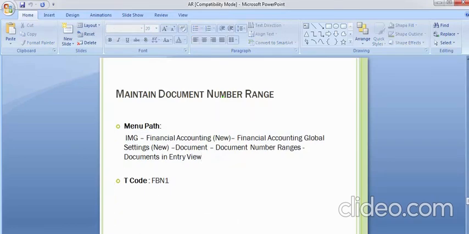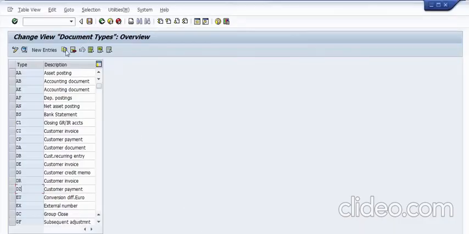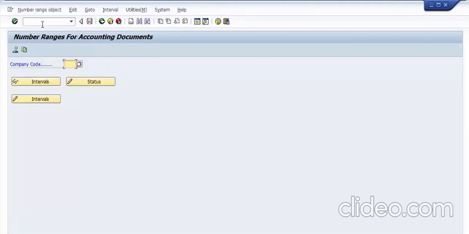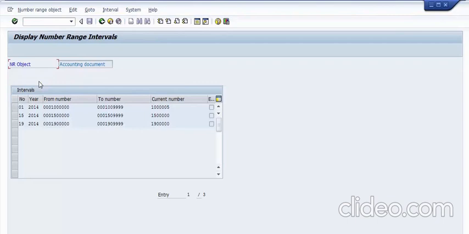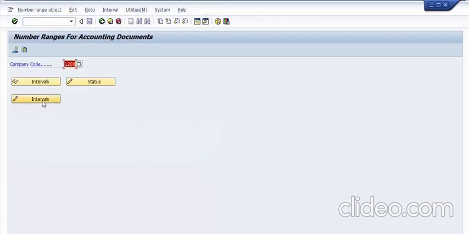So moving to the transaction code, you need to go to /n FBN1, enter. Now put the company code 1200, and now over here you can go for display intervals. It will display what is already maintained for the company code. This is 0, 1, 15 and 19. If you remember, we maintained these different number ranges in the earlier sessions. Going back, now you can go to change intervals,